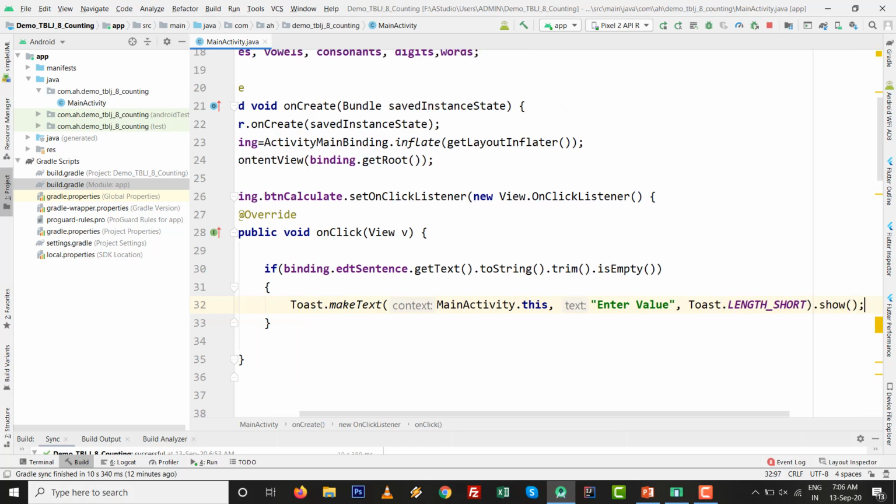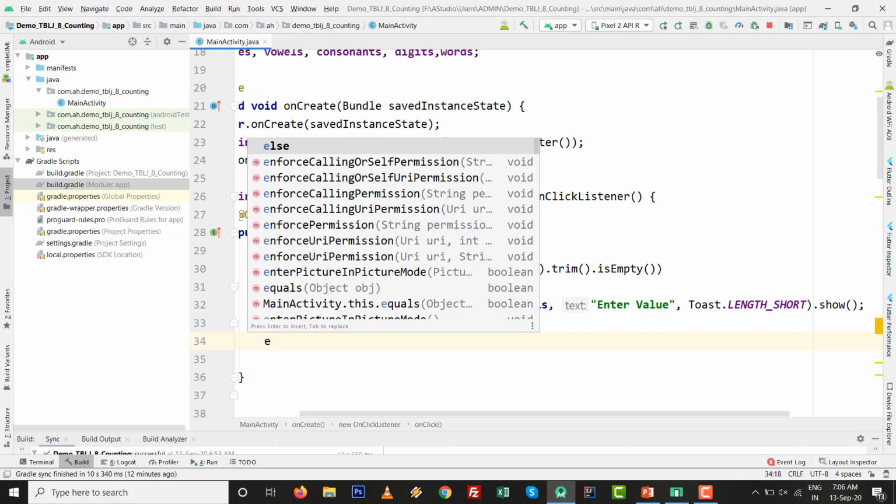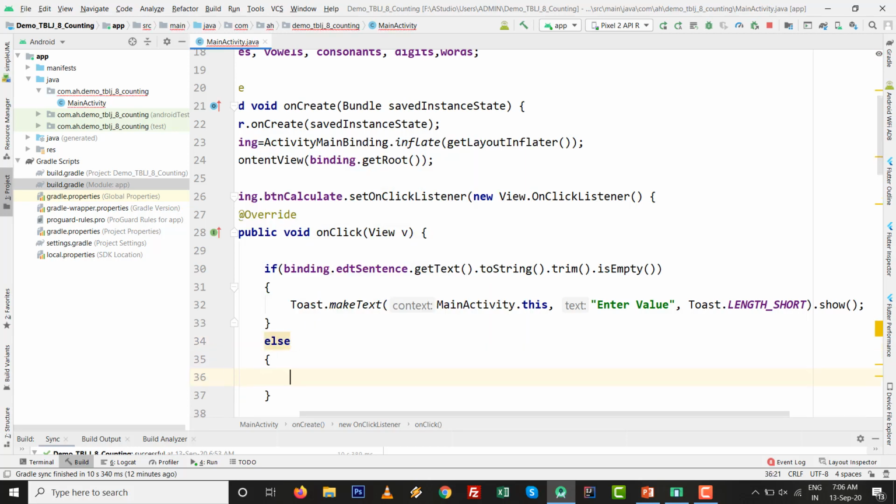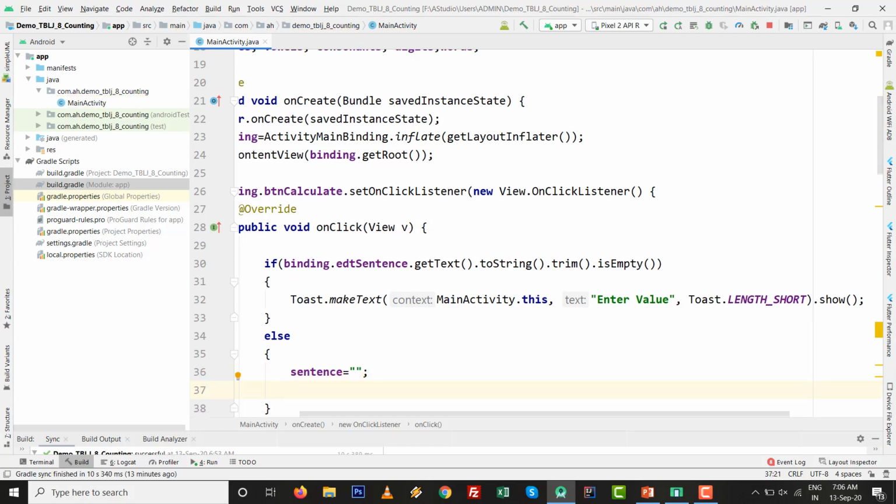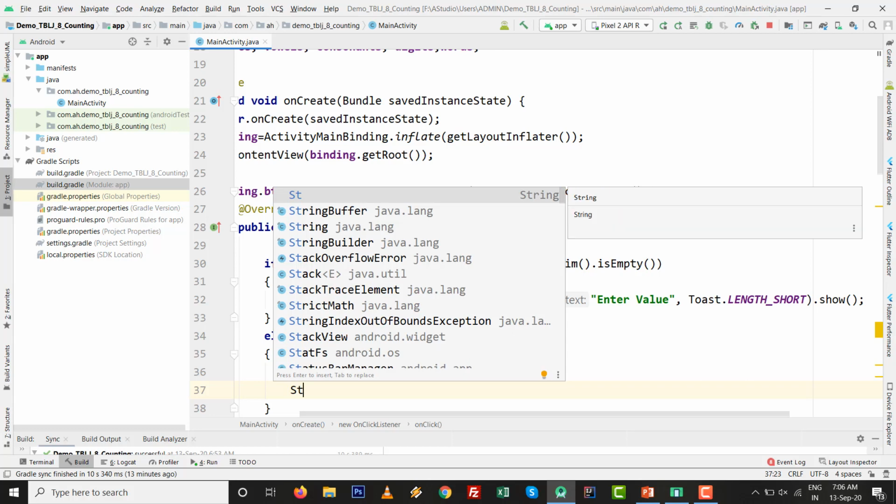Okay, all the things are ready. So else, inside the else part we need to write the code. Likewise, first we write sentence equals double quote, so we initialize with a blank value when someone is pressing, so it will not be overridden.